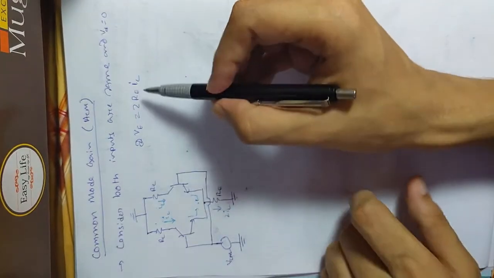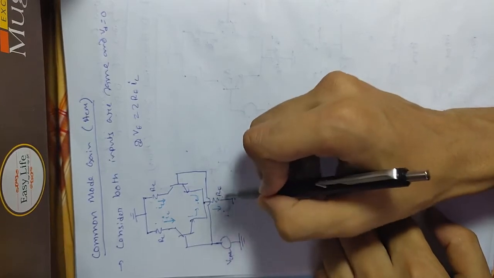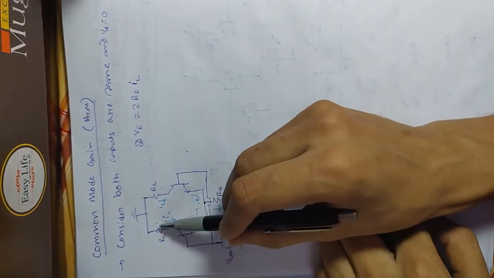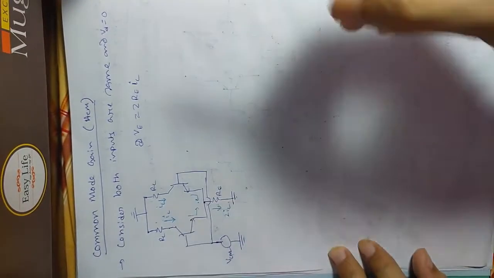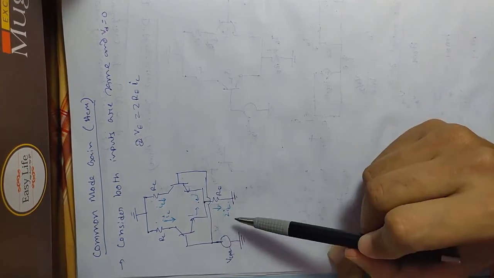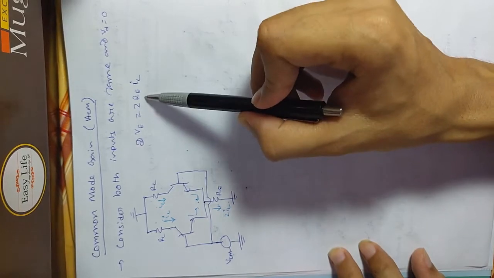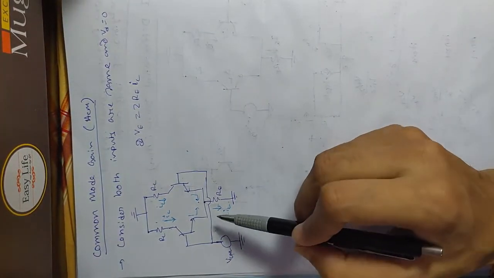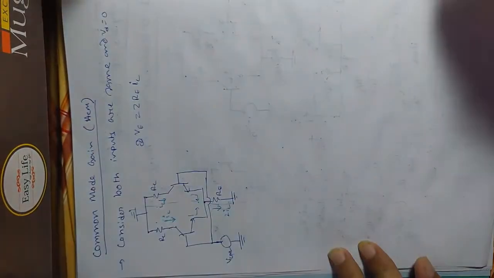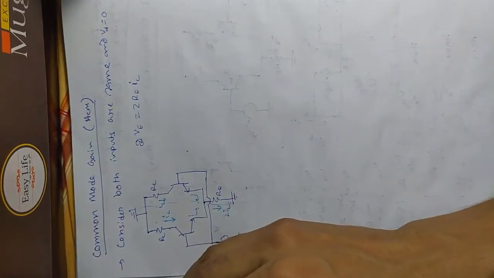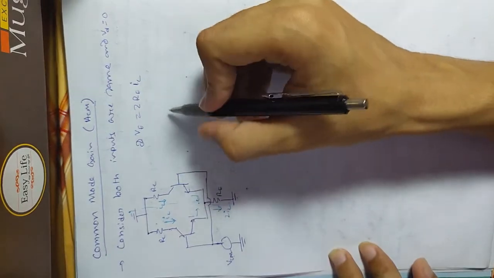Now we can see that with respect to this branch, this will be looked at as 2 times RE. For both the branches it is RE, but if we want to see RE with respect to current IC, we can see it is twice RE. So that's why we shall replace this for the single branch. We will use the symmetry. And we will take a branch, and in this branch we will replace RE by 2RE. So the effective circuit for the single branch will be